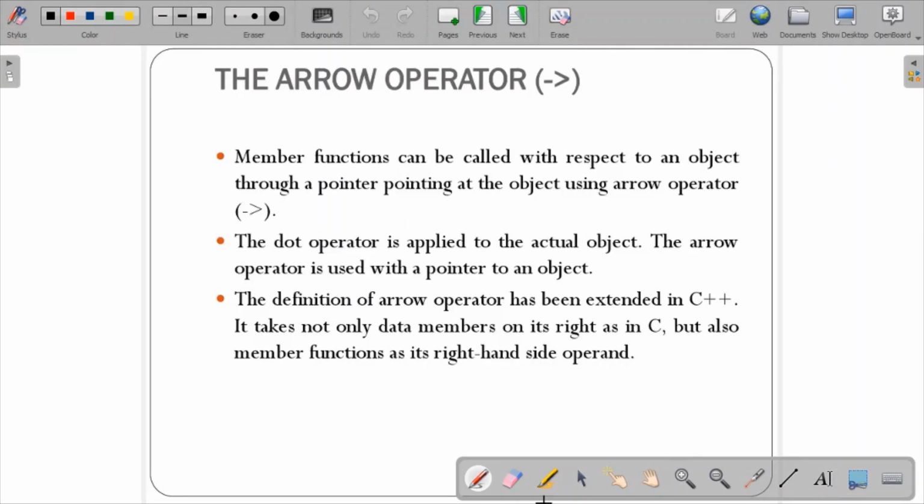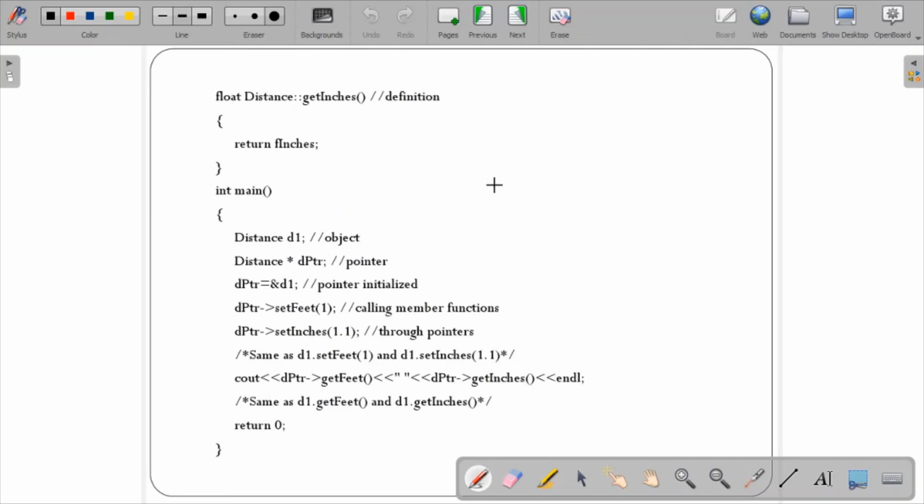The next concept is based on the arrow operator. The arrow operator is similar to the dot operator that you have seen. Here the member functions can be called with respect to an object through a pointer pointing at the object, using the arrow operator. For example, you can see this particular code.